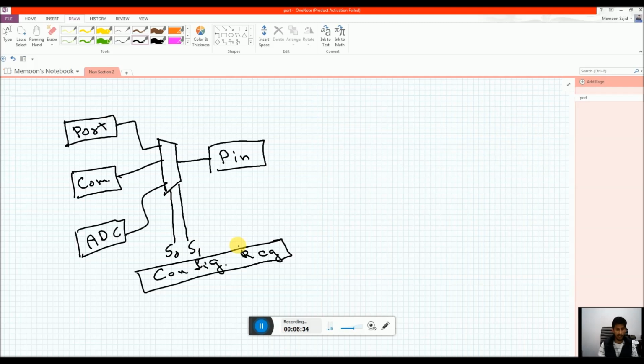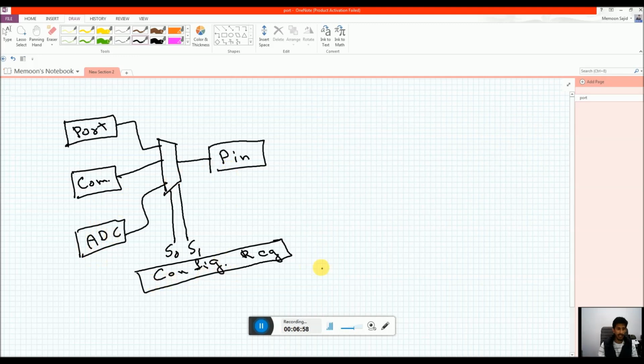We'll discuss those peripherals in detail one by one, like timers, ADCs, CCP, etc. But for now, we can just consider the pin association, and we can consider multiple modules inside the controller that are multiplexed with a single pin.